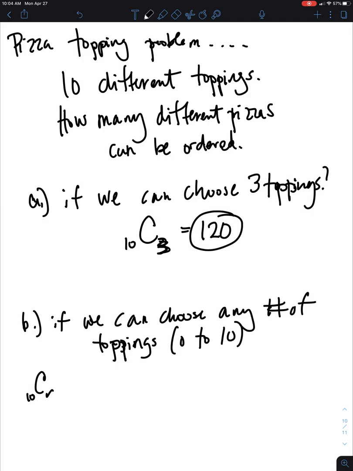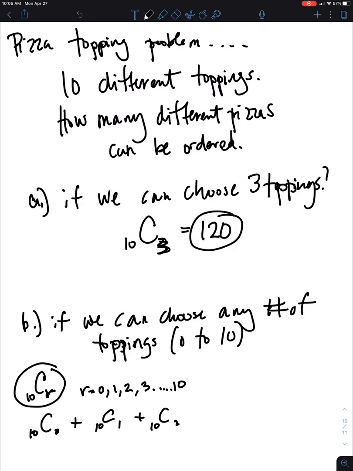Part B is a little bit more complicated. If we can choose any number of toppings, so you can choose 0 or you can choose 10 toppings, what you could do is have this, and R would be anywhere from 0, 1, 2, 3, all the way up to 10. You could do each one of these and add them all together. That might take a minute. There's no really quick way to do it here, but you get the point, and you would go all the way to